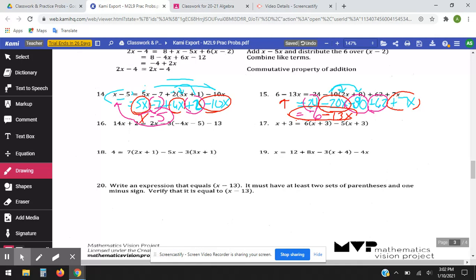And then number 20, write an expression that equals x minus 13. It must have at least 2 sets of parentheses and 1 minus sign. Verify it's equal to x minus 13. So you're basically doing something like one of these up here on your own down here. So give it a go, see how it works, and that's it for the